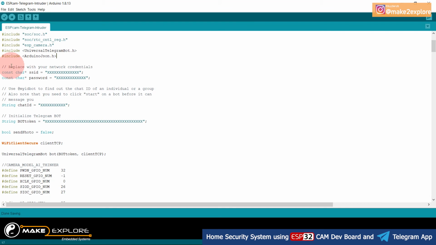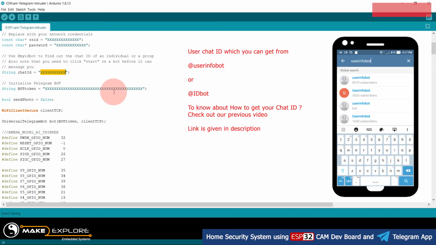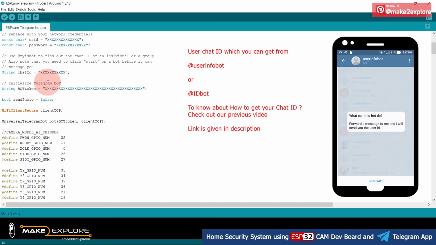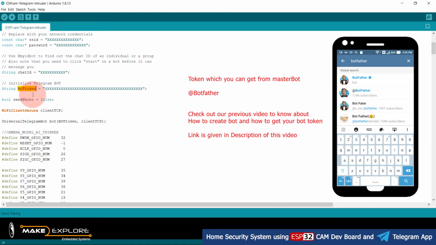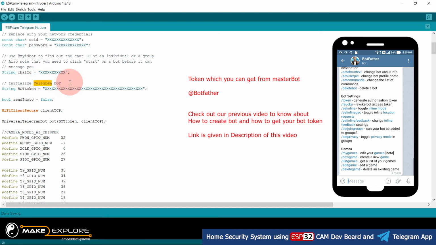Then you have to replace your Wi-Fi credentials with your SSID and password here. Then you have to replace the chat ID here and the bot token here. We have explained in our previous video how to get your chat ID and bot token. This token will be given to you when you create your Telegram bot.